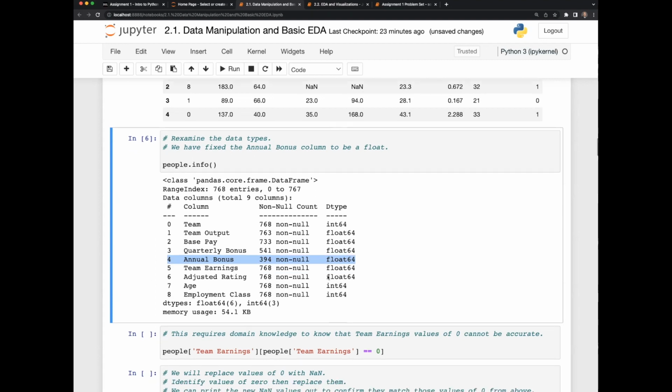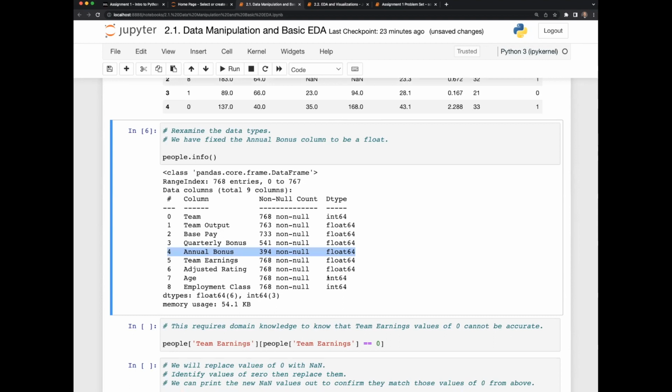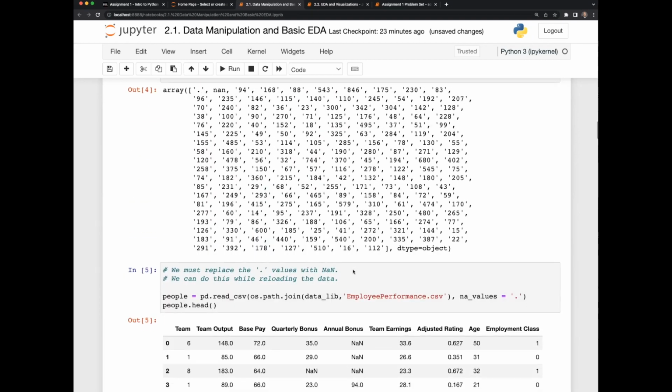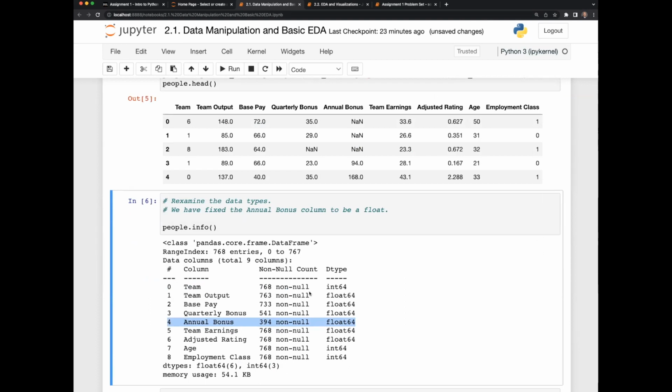We've done it very quickly and easily, in a couple of steps. We've looked through the data, we've quickly determined what the problem is, and we've addressed it. So at this point, nothing jumps out at me as unusual. I mean, there are some things we're going to have to deal with. We have missing data, things like that. We might have outliers, we might have other things we have to do, but the data looks like it's at